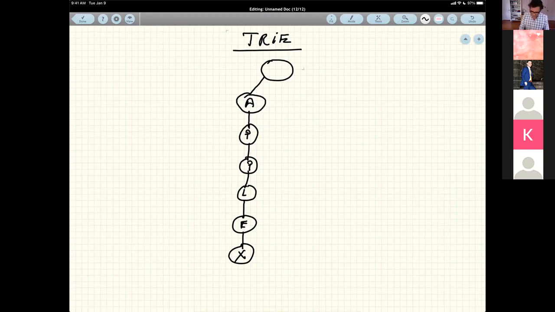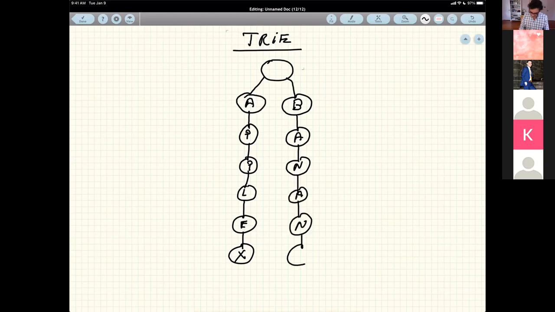If I have the word banana, and always the chain is terminated by a node that says end of the word.